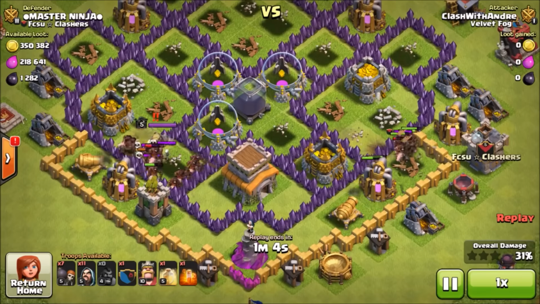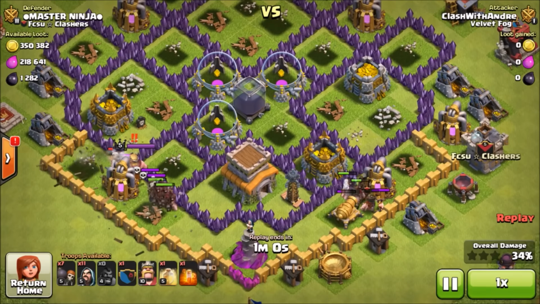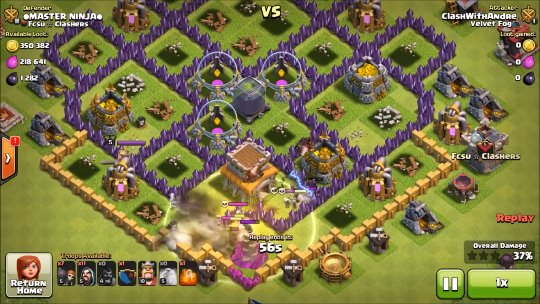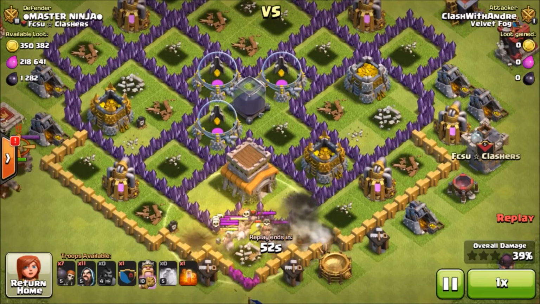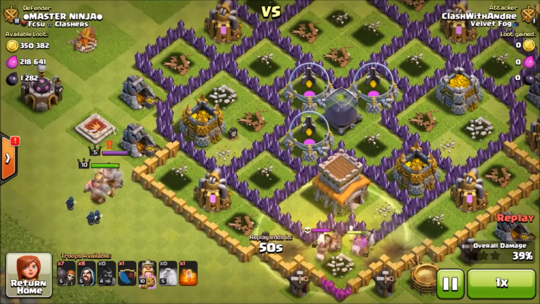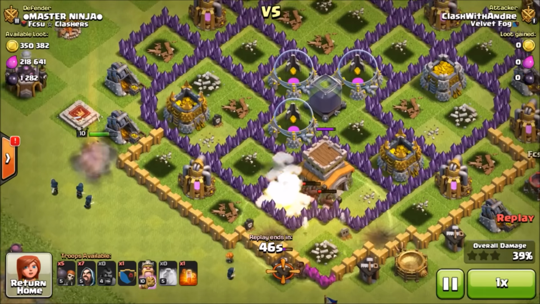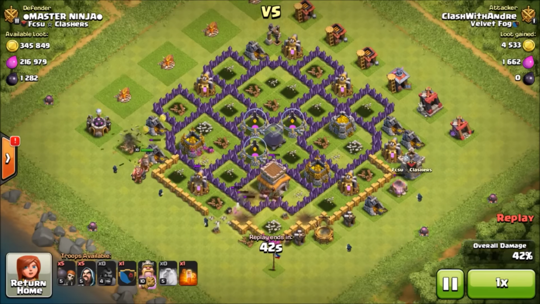So we're going through this base and it's looking pretty good so far. I still have one more heal spell. There's a Tesla on the right, so I hope, okay, there's one giant bomb and looks like, okay, there's another giant bomb. So they did go off at separate times, which is pretty good. That's pretty much all the defenses they have. There's another giant bomb, so a lot of my hogs go down,